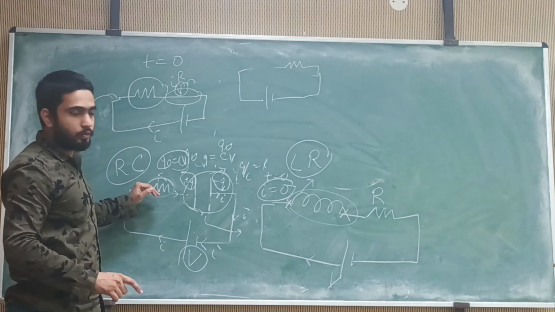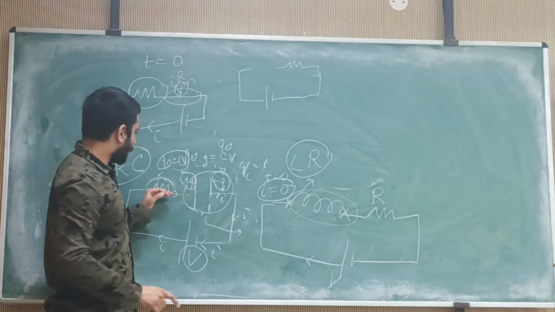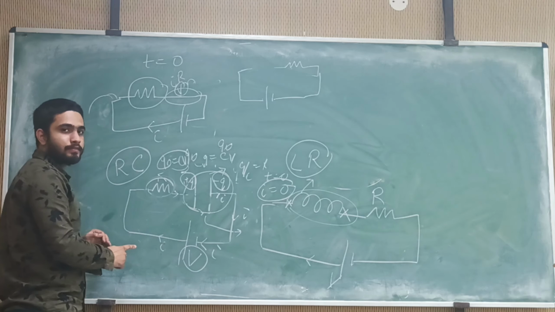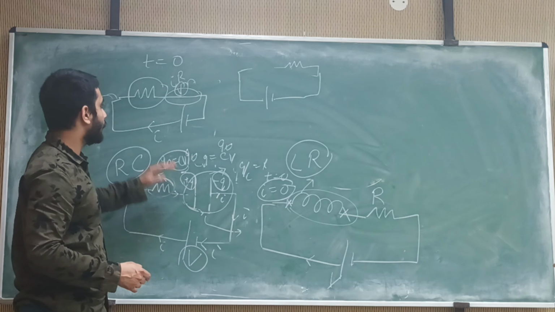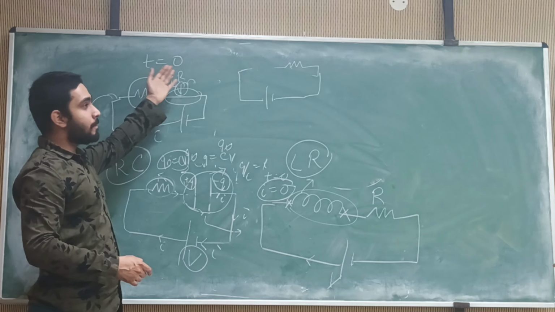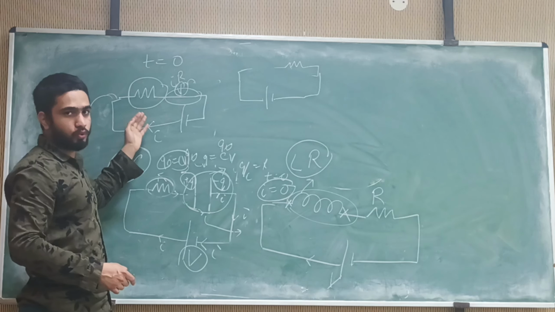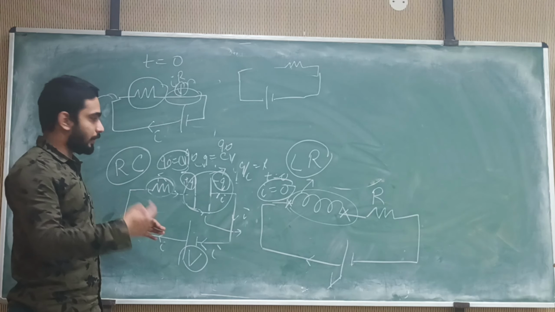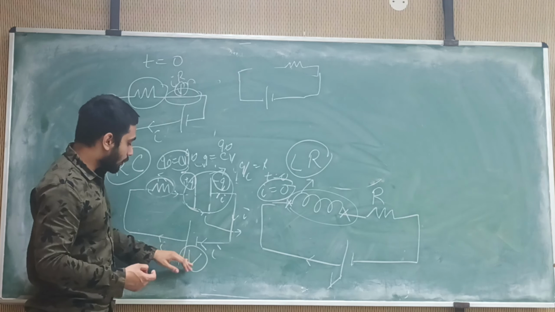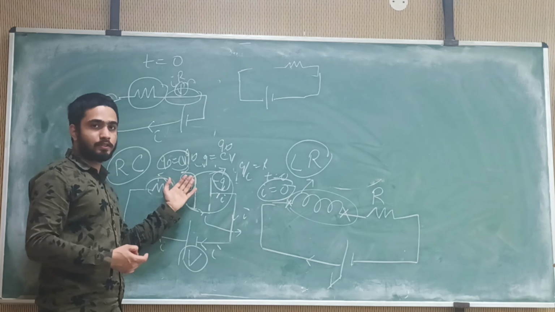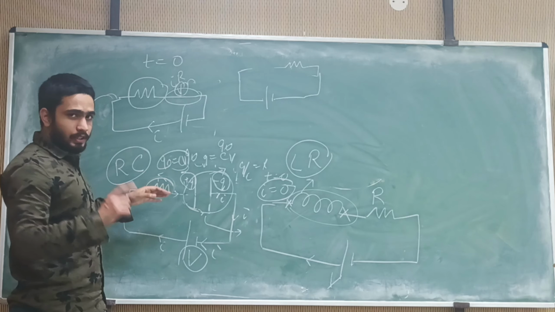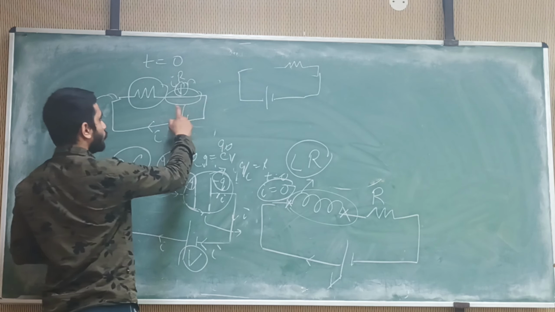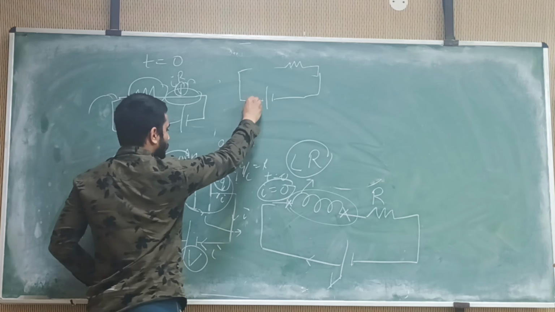So if the voltage here is equal to 0, the current here is equal to 0. So no current will flow in this circuit at time t equal to infinity. Although at time t equal to 0, the whole current I was flowing, at time t equal to infinity the whole potential is across the capacitor, so it will have zero current. Okay, so now at time t equal to infinity, this circuit will be like this.